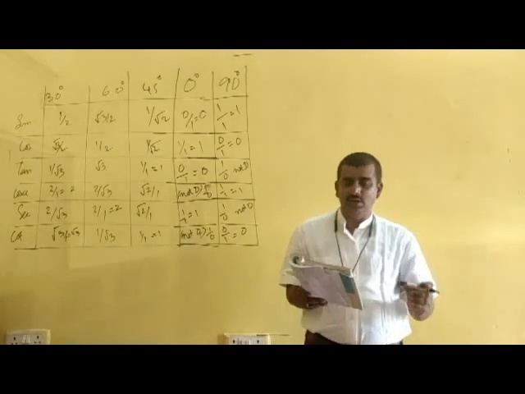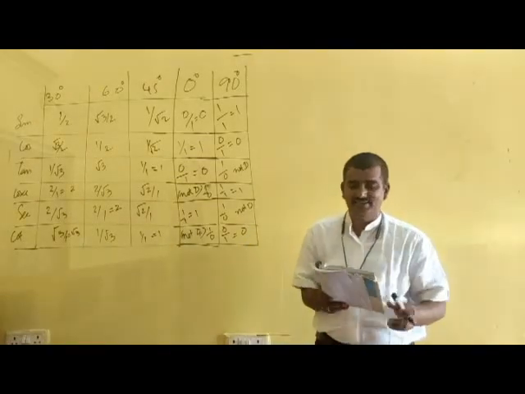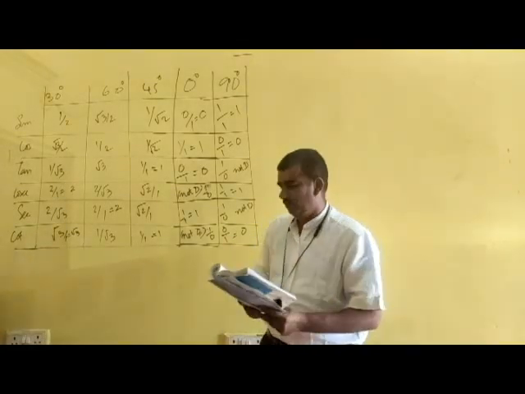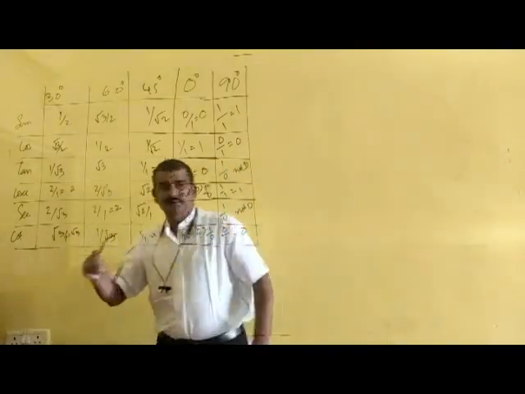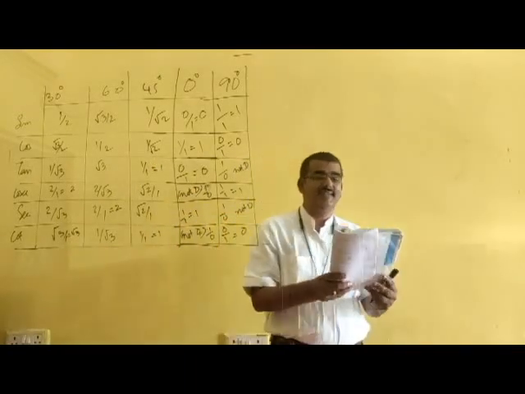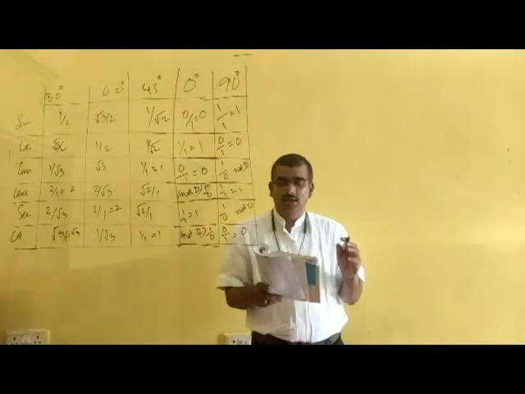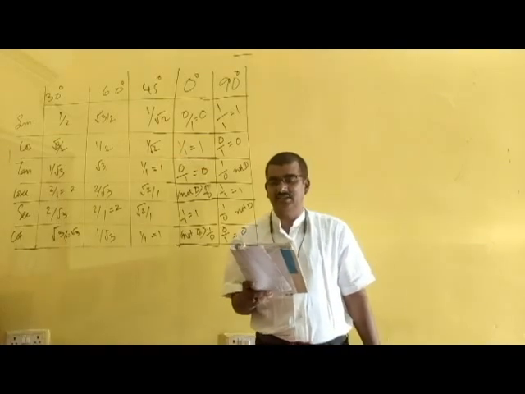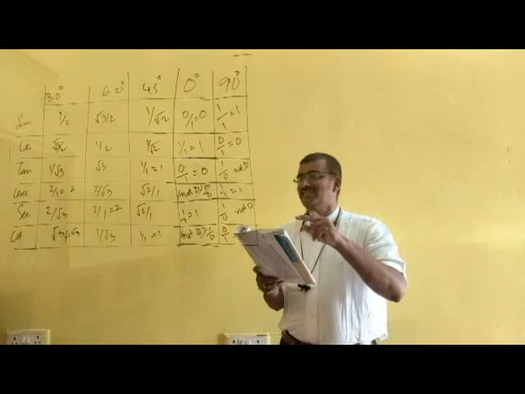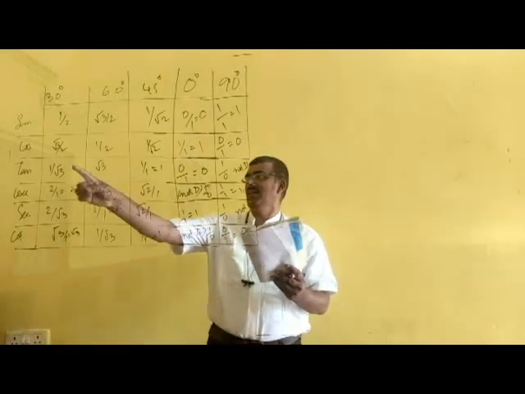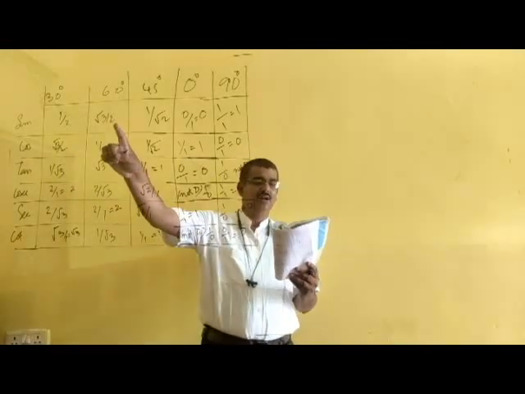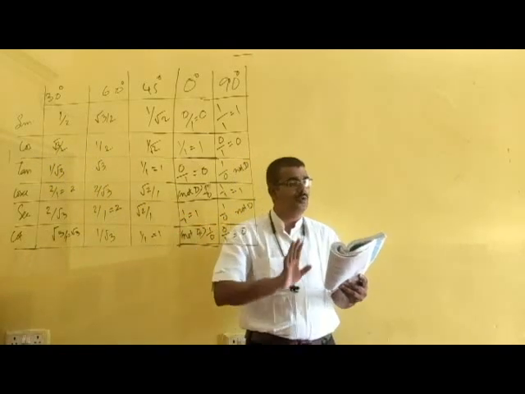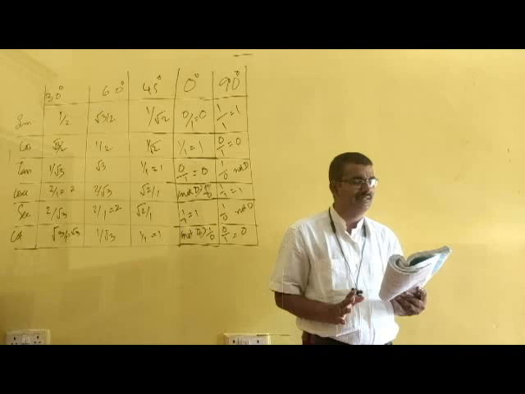Now we can have a bit of discussion regarding 8.2. We can discuss from the beginning. Evaluate the following: sin 60 degree, cos 30 degree, sin 30 degree, cos 60 degree. Just substitute the value. You know the value of sin 60 and the value of cos 30. Substitute the values and add them. You will get that answer.